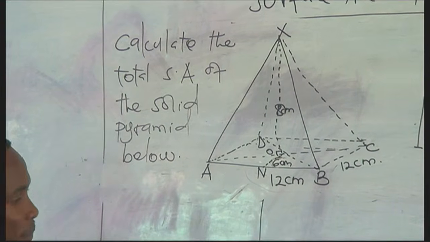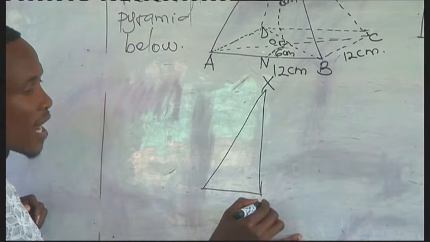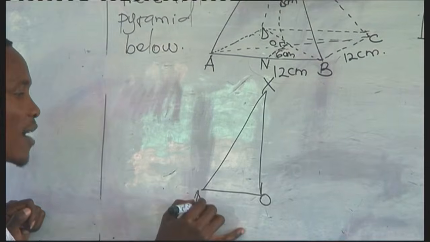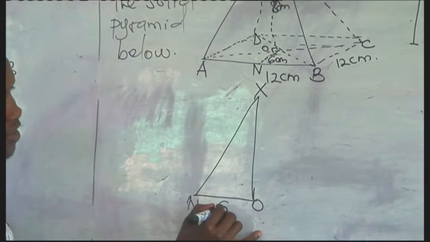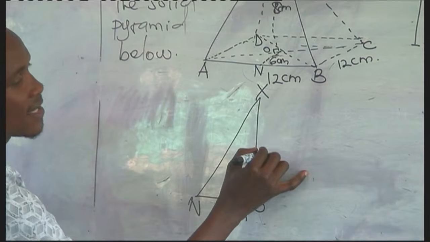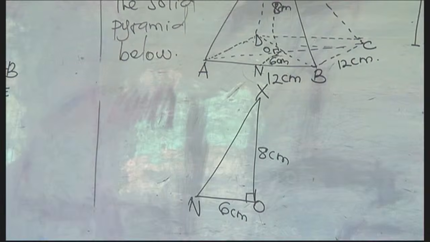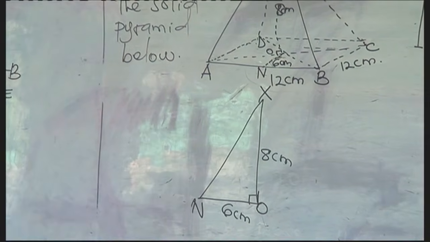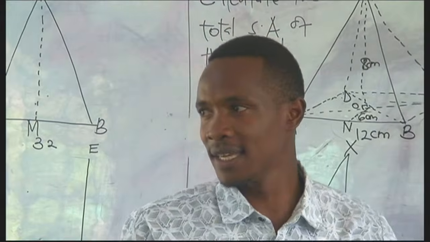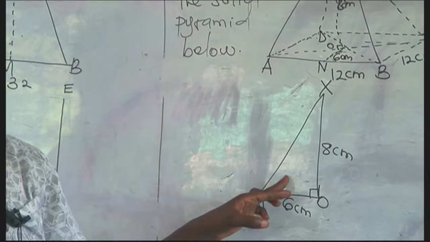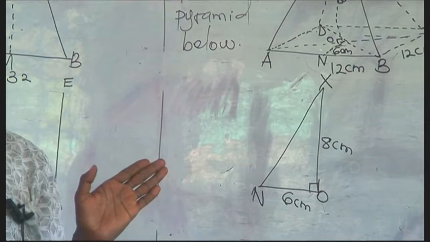Therefore, we shall have something that looks like this. We shall have X. Now this is O, then we shall have our N. So ON is a half of 12, which is 6 centimeters, and the height is 8 centimeters. So we need our hypotenuse, which will now act as our height in this face. It is our hypotenuse here, but when we come to this face, it will be our perpendicular height for